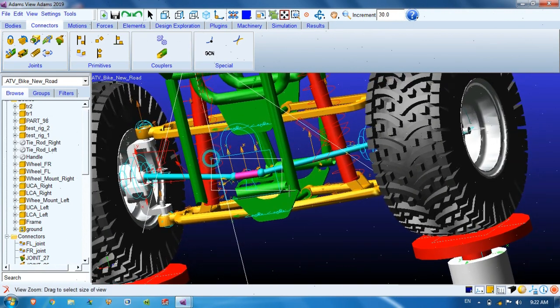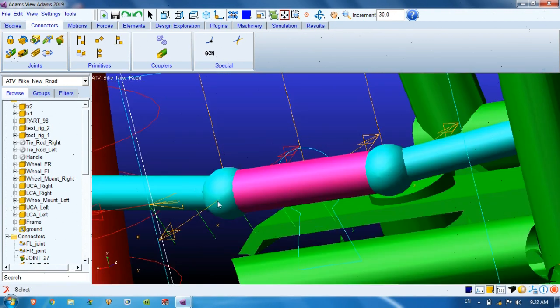Now we have to define the hook joint or universal joint at this location. So go to this joint section. Create hook joint oriented by shaft. You can create a hook joint by defining the orientation of the shaft,